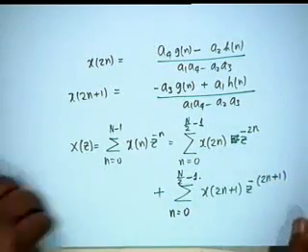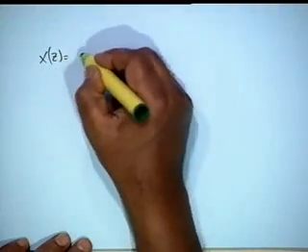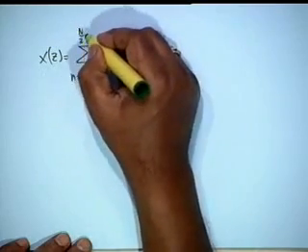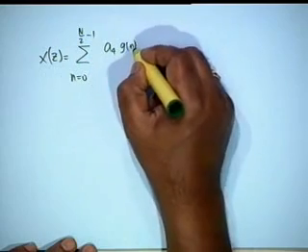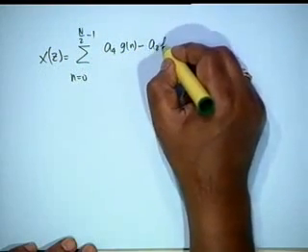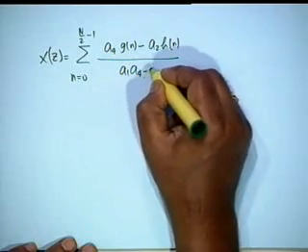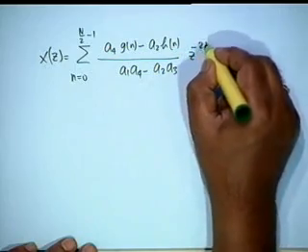The result is the following: capital X of Z is equal to the summation, n equal to 0 to N by 2 minus 1, of (a4 gn minus a2 hn) divided by (a1 a4 minus a2 a3) z to the minus 2n,